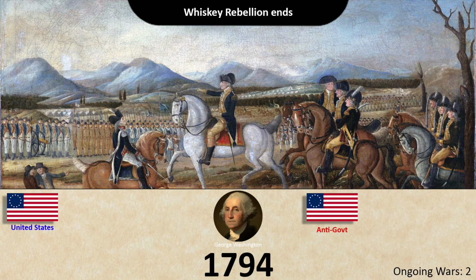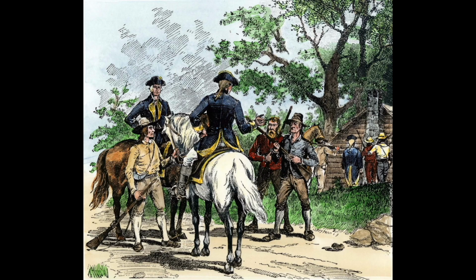The next year, in 1794, the Whiskey Rebellion would end, and leading up to this, throughout the western Pennsylvania counties, protesters would use like violence and intimidation to prevent federal officials from collecting taxes on whiskey, and everything would climax in 1794. A marshal would arrive in Pennsylvania to hold the people who are not paying taxes accountable, and an alarm was raised, and more than like 500 people attacked the home of a tax inspector named John Neville, and